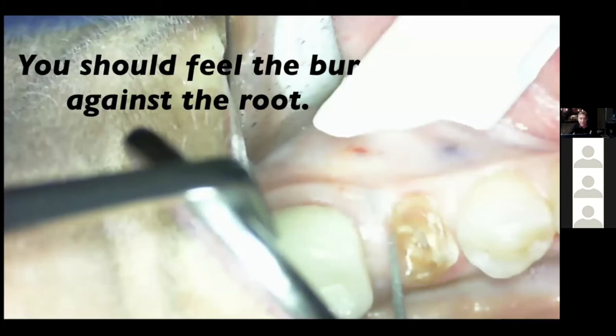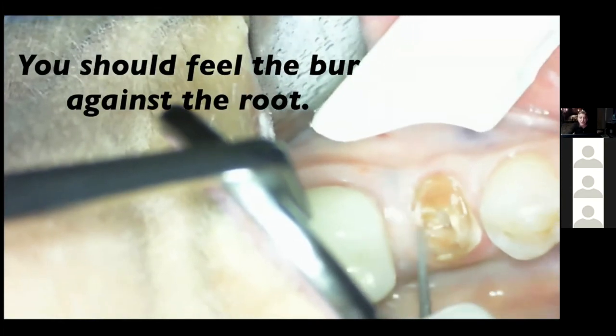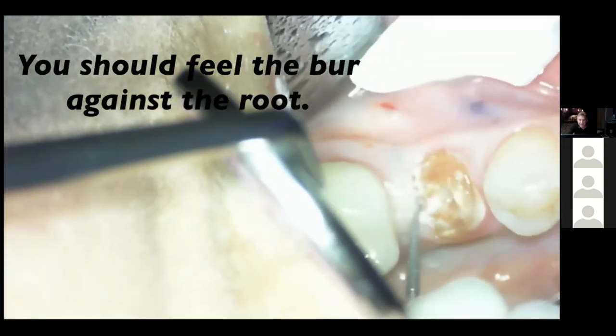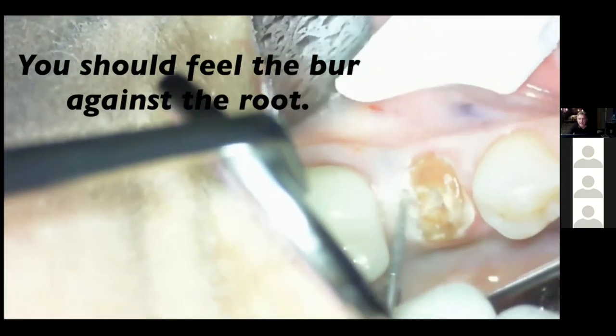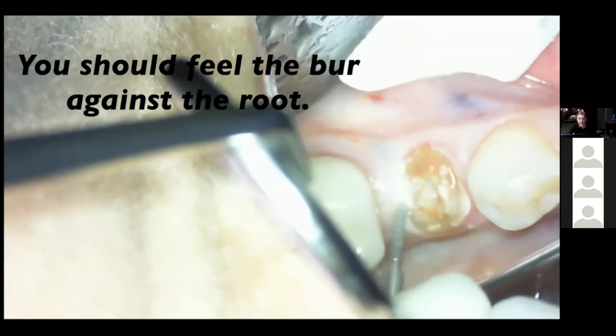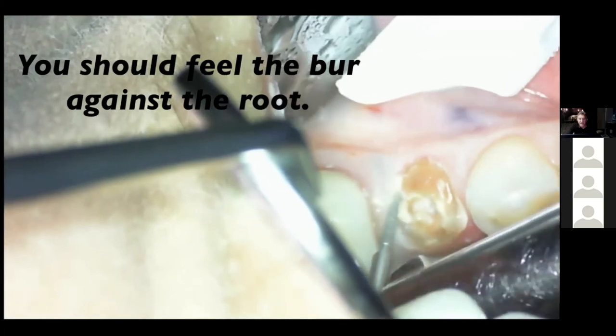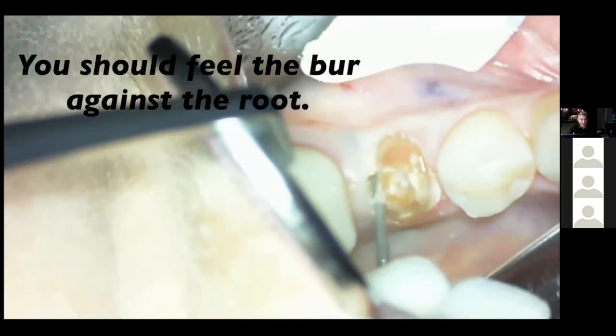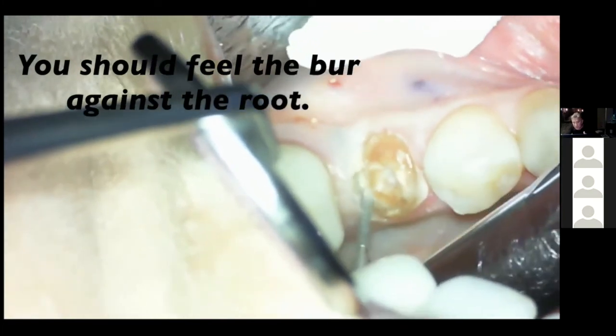You should feel the burr. This shows you what I'm talking about right here. So you usually go in on an angle. You start out like that, and I'm taking out maybe 3 or 4 millimeters on an angle. And once I get an angle, you'll see me straighten up the burr and go in on this conical root